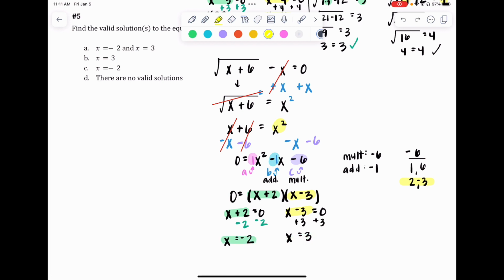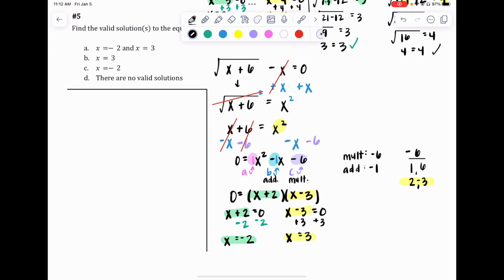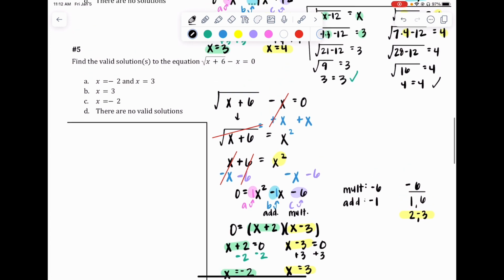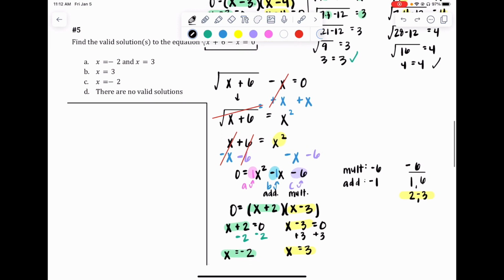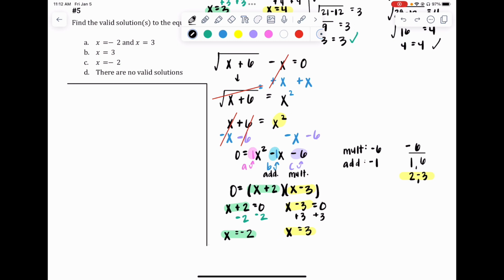And I just want to check both answers now. So I'm going to do the check kind of up and to the left. So I'm going to separate this off, and then I'm going to copy down the original equation really quick. And it's up to you. So if you want to check it in this original equation, that's fine. If you want to do it from here, where we had the x on the other side of the equation, that's also fine. I'm just going to do it from the original. So the square root of x plus 6 minus x equals 0. And then I'm going to just copy that. So, copy that because we'll have to do it twice, one for each